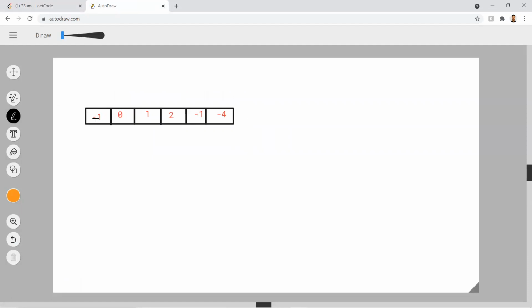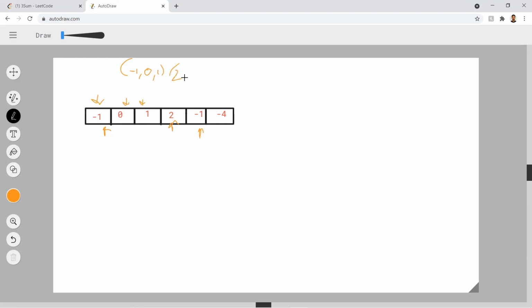Given an array -1, 0, 1, 2, -1, 4, the triplet from this array can be -1, 0, 1. Another triplet can be 2, -1, -1. That means the summation of these three elements is 0.